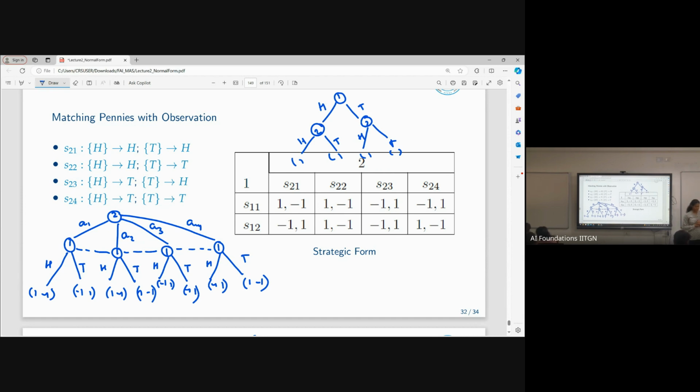So next class we'll see what utilities are actually used for, what is rationality, what is intelligence, and then we'll look at how to really come up with the best response. If this is the matrix, I know it, you know it. What should I do? What would be my best response? What does best response really mean? That's what we'll try to define. And then eventually lead to equilibriums and things like that. But it will be great if you go today itself and try to solve the problem set.